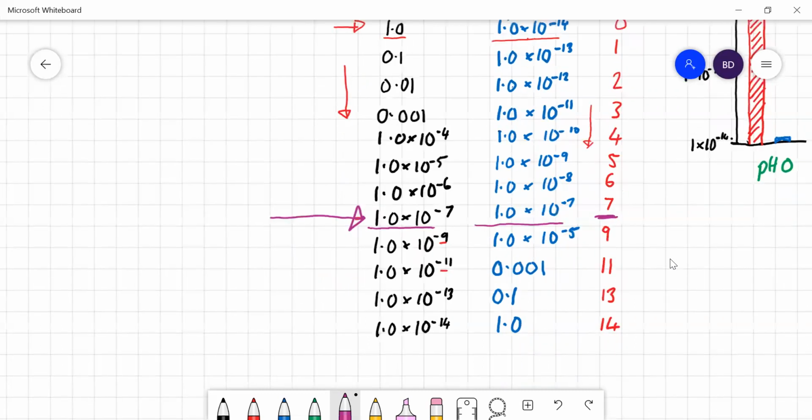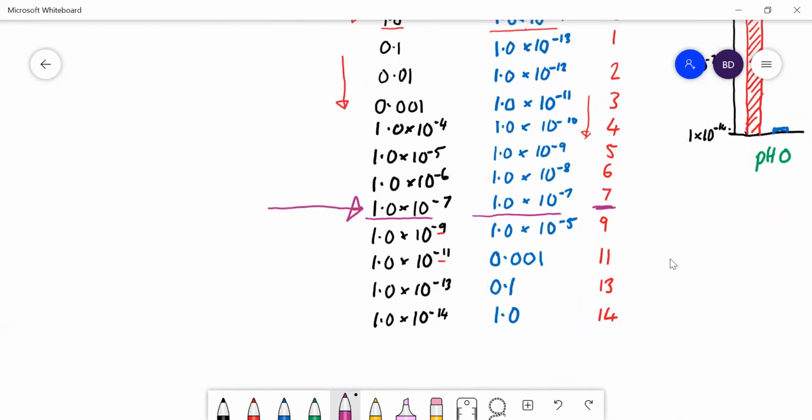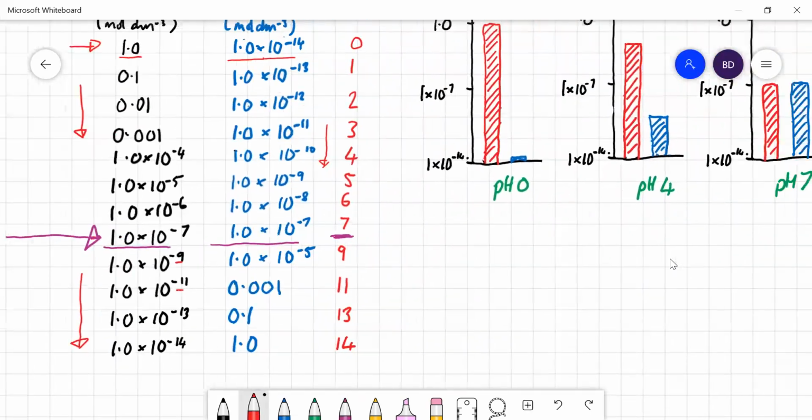Then as the H+ ion concentration goes very low, in this part of the graph, we call them alkaline solutions because the pH is always greater than 7, and the OH- concentration goes up. Just to show you that graphically,